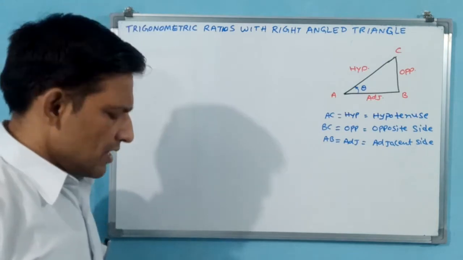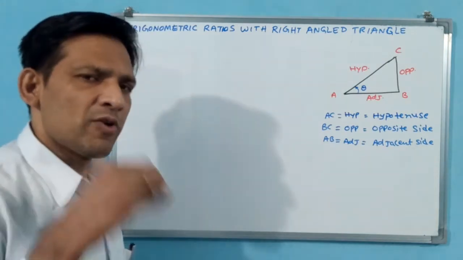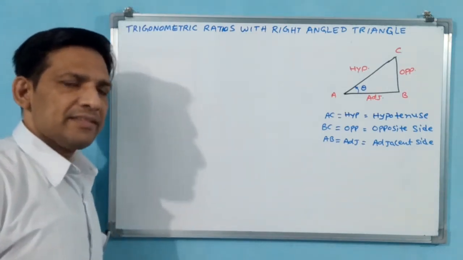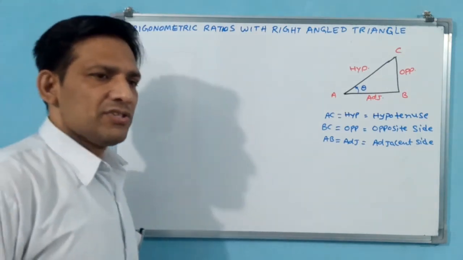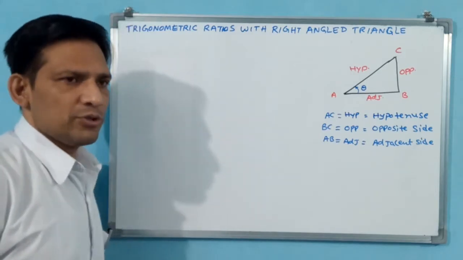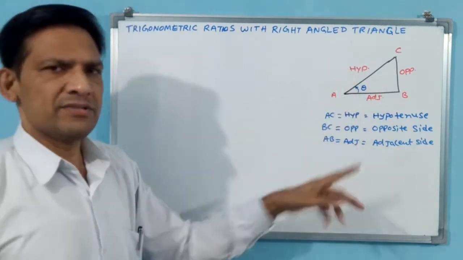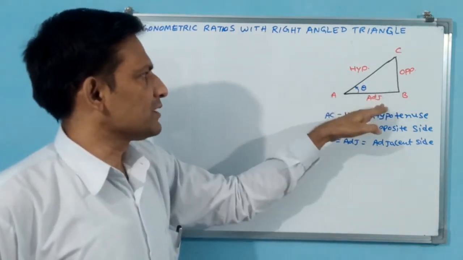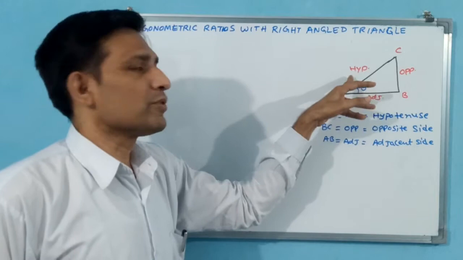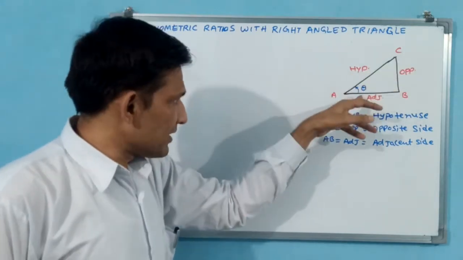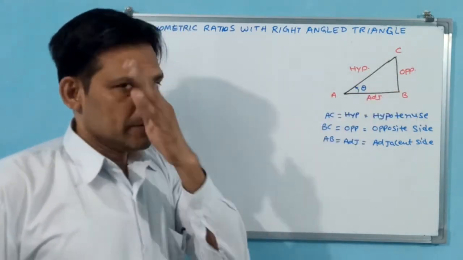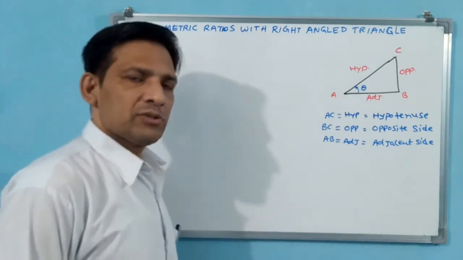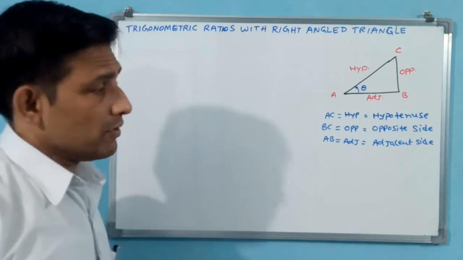That means see what ratios they have made. They have given names: sin theta, cos theta, tan theta, secant theta, cosecant theta. Six ratios will come. Why? Because there are 3 sides, so 6 ratios will come: hypotenuse by adjacent side, opposite side by adjacent side, adjacent side by hypotenuse, opposite side by hypotenuse. Like that 6 ratios we can make, and those ratios also they have given names.